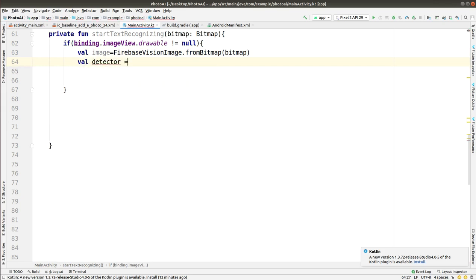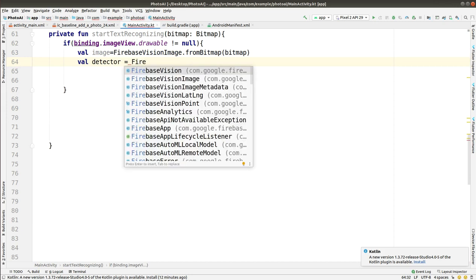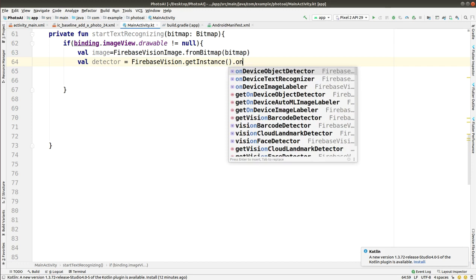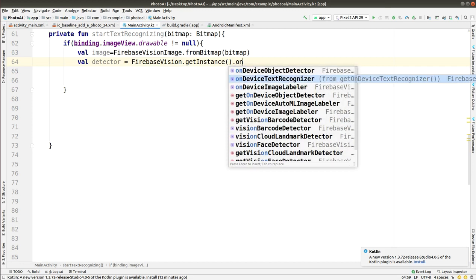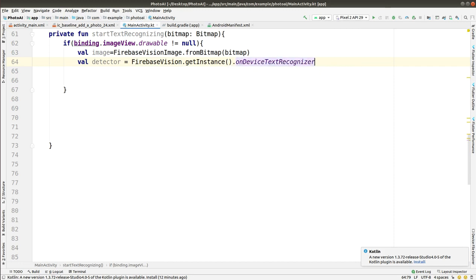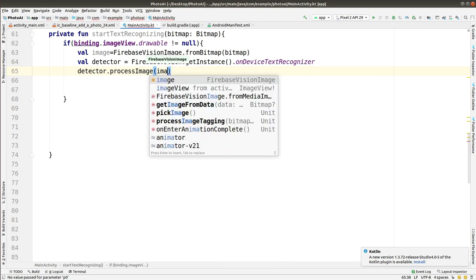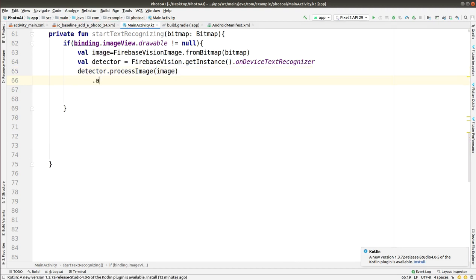After that, we are going to use that detector, with Firebase Vision get instance on device. Now you have to select text recognizer. After that, you will be using detector dot process image, and here you have to pass that image.